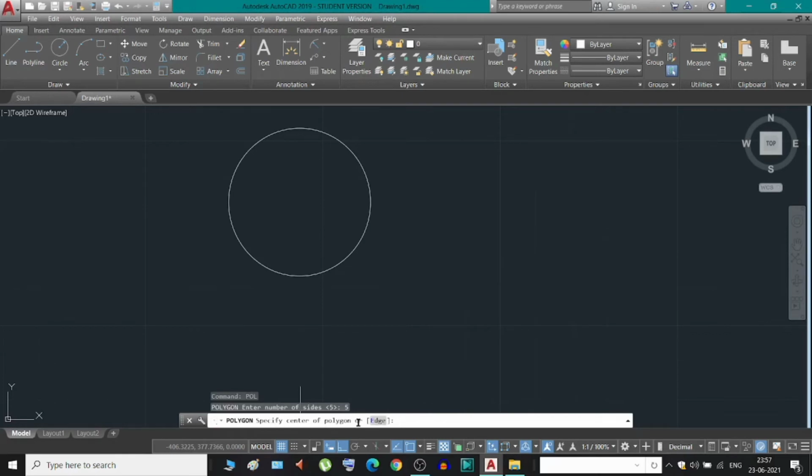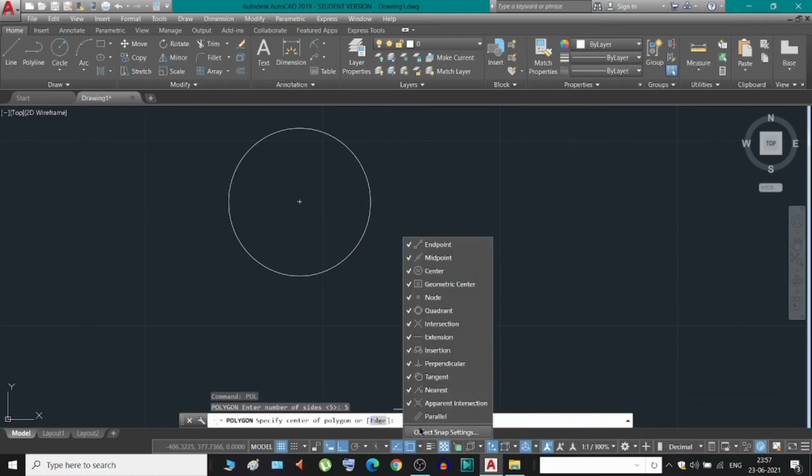Now specify the center of the polygon. So how to do that? Just touch the circle. You can see the midpoint of the circle. If you don't see it, just come here and turn on the right click for the midpoint and center, and by turning on the center you can see the center of the circle whenever you touch the circle.